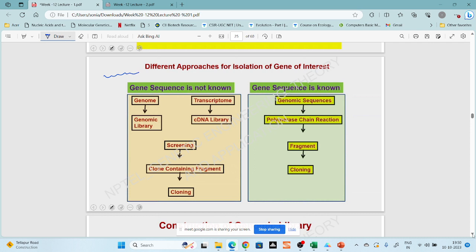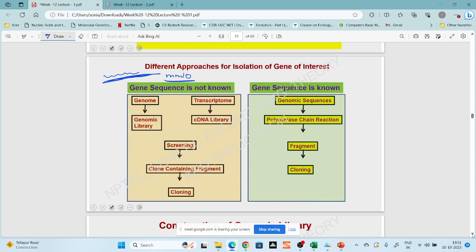So what I will do is, from the whole genome, I have the sequence in NCBI or the UCSC genome browser. Suppose I am working on mouse. So for mouse, there are MM10 and such libraries. From this library, I will design a primer which is specific for the particular gene of interest that I want to amplify. And then with the help of those primers, I will amplify my gene of interest through polymerase